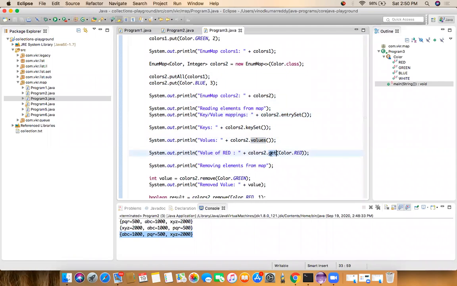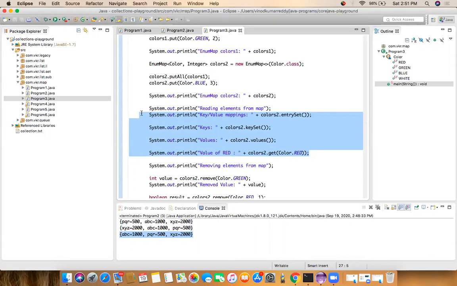If you want to get a specific element, colors.get, and we have to give the key. These are the methods we have to read the elements of the EnumMap. We want key-value pairs both, we have entrySet. We want only the keys, we have keySet. We want only the values, we have values. If you want to get a specific element of an EnumSet or EnumMap, you can call the get method.